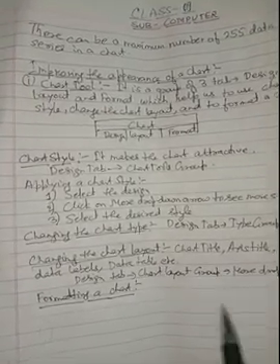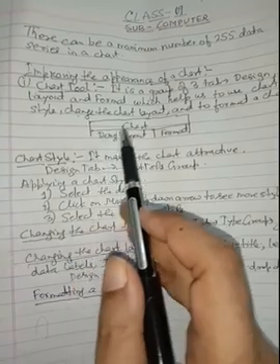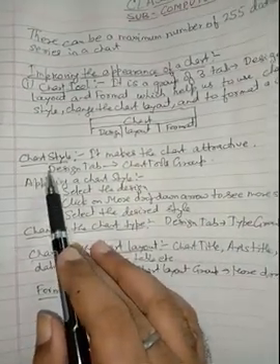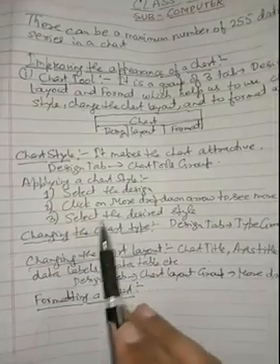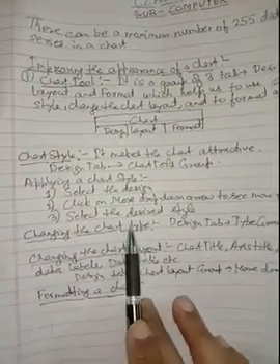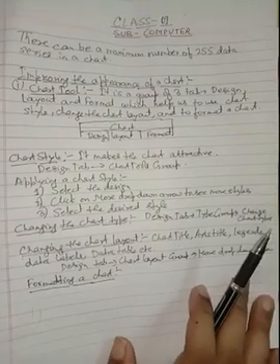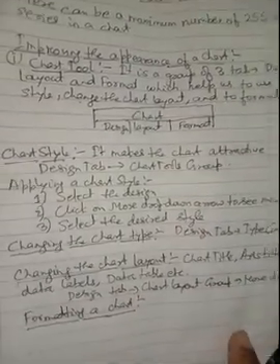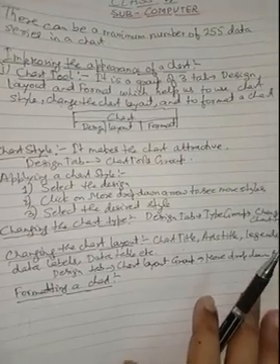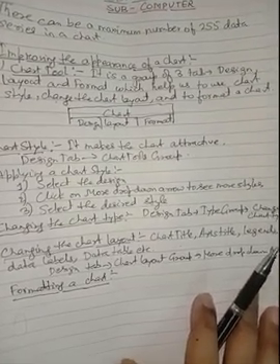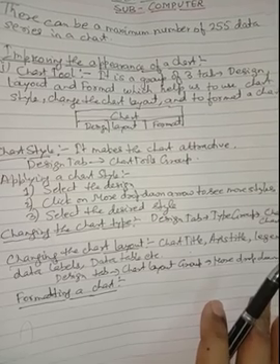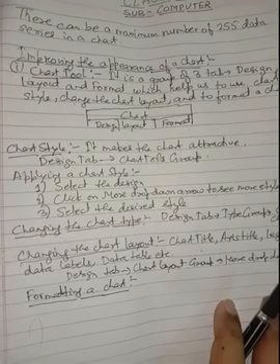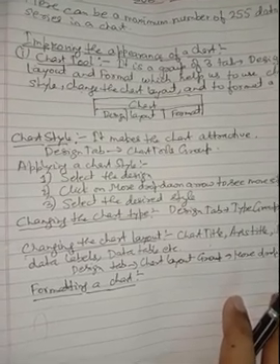So these were some of the appearance of the chart that we can make to improve the chart. The first one is the chart tools, the different options in chart tool like the design, the layout and the format. Next we have discussed how to apply the chart styles over here. Next, changing the chart type from one chart type to another chart type. Next, changing the chart layout which contains the chart title, the axis title, the legends, the data labels, the data tables, etc. And next, formatting a chart. So these were some of the options that we have for improving the appearance of the chart.